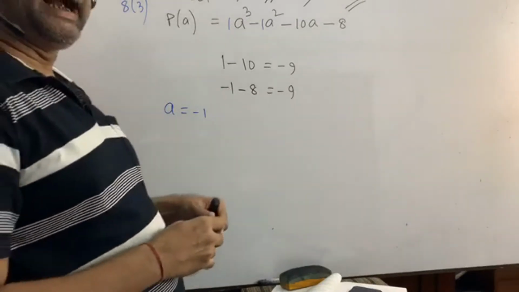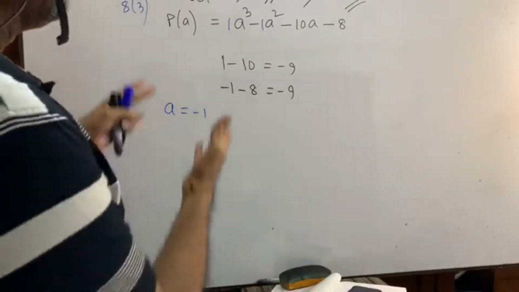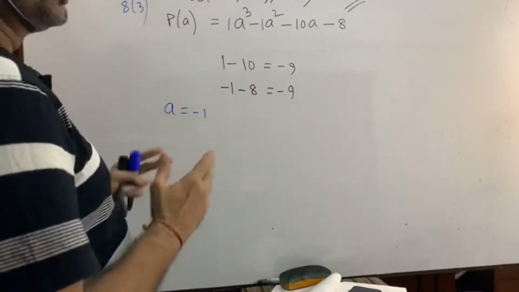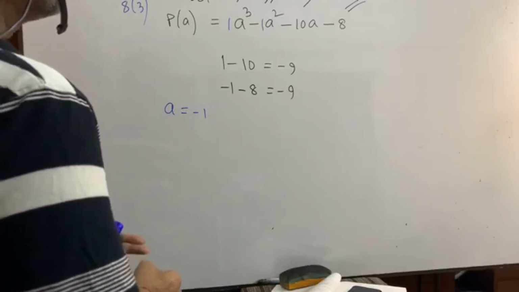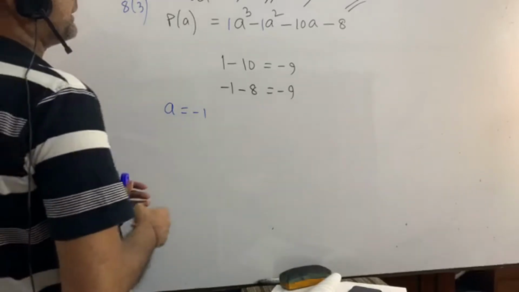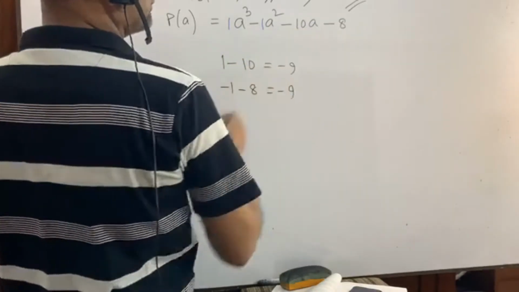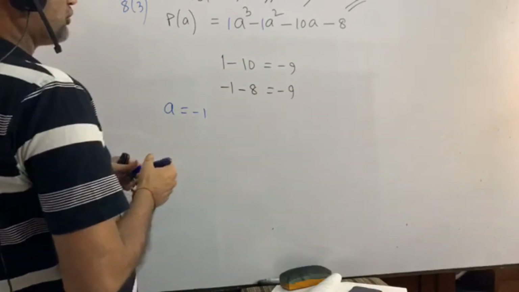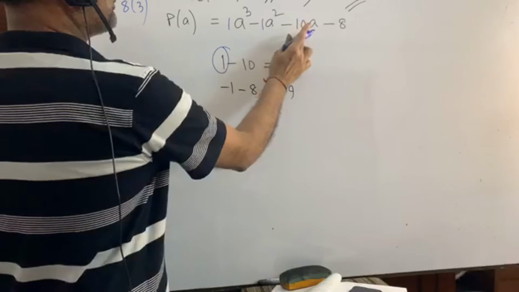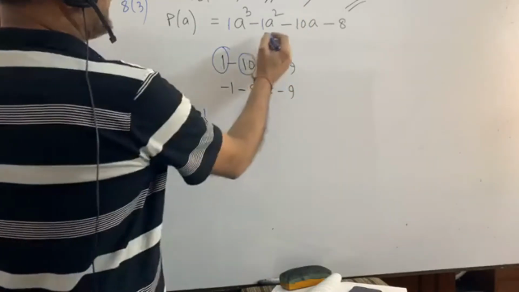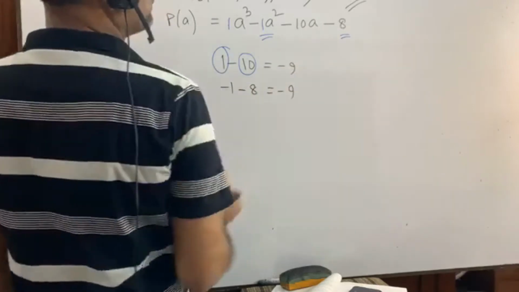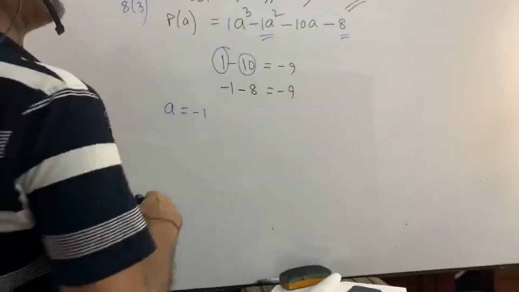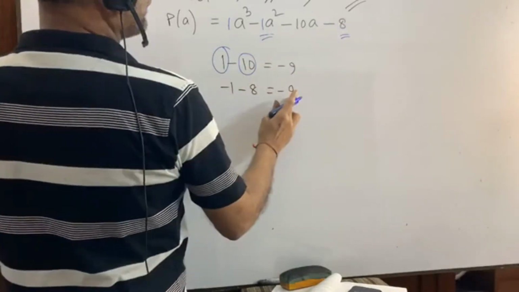For the last math we had 1, but in this case we have minus 1. These two rules must be known to you. I repeat: first position, second position, third position, fourth position. First and third are odd positions: 1 and minus 10, equals minus 9. Second and fourth are even positions: minus 1 and minus 8, equals minus 9.